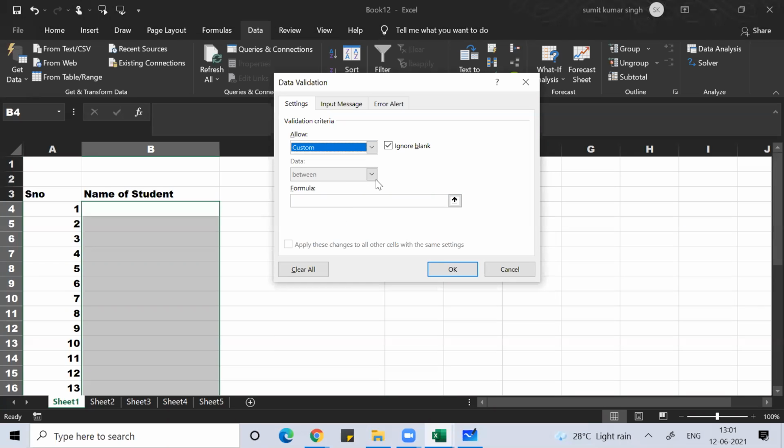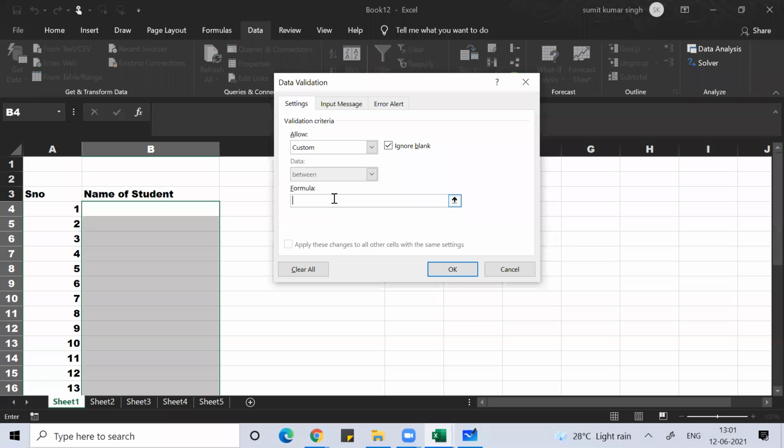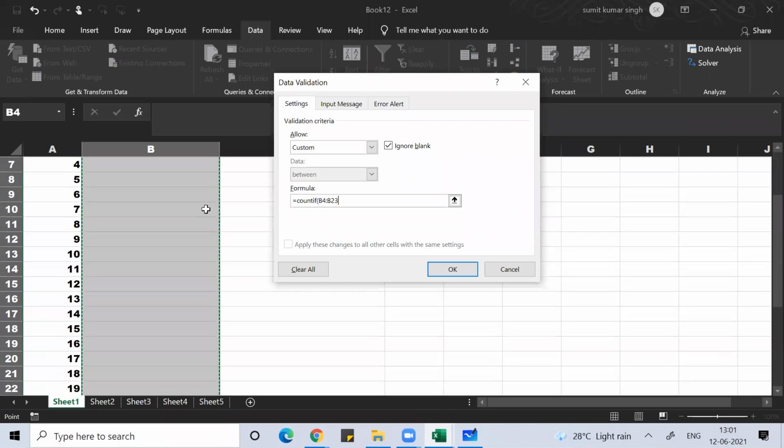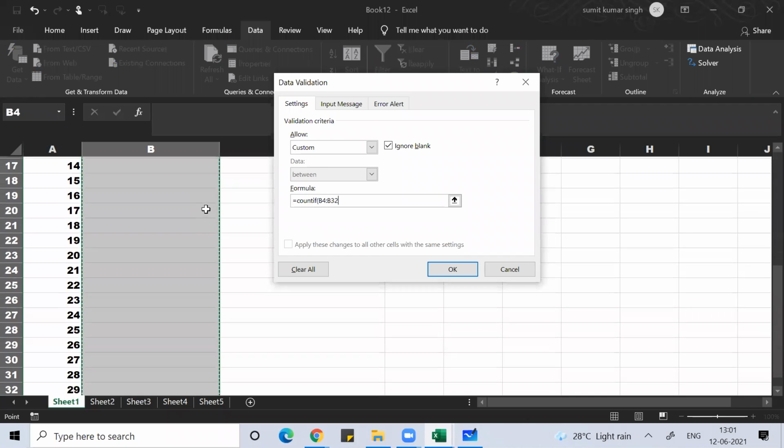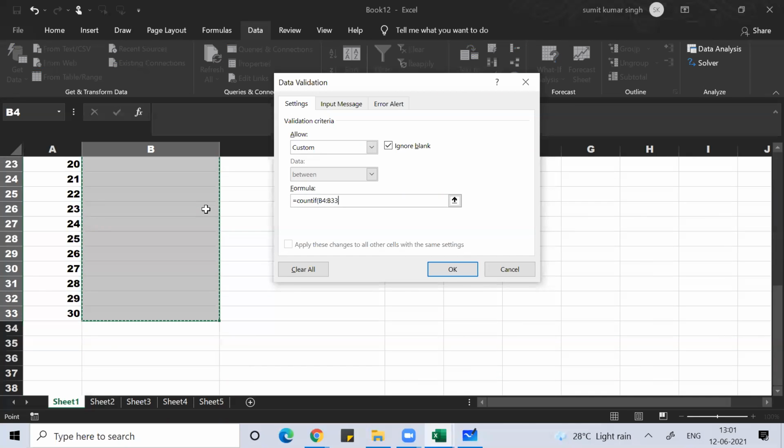Under settings, click on custom. Then in the formula write equal to COUNTIF, open bracket. I'll show you if it's not visible. Give a range from this cell to this cell, the range till where you want the COUNTIF.